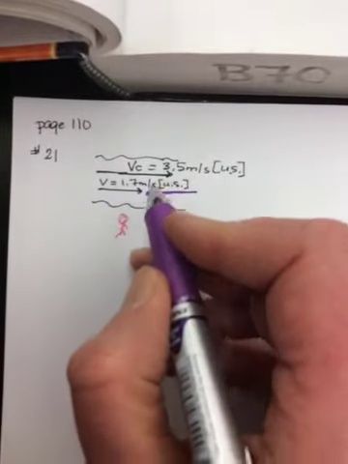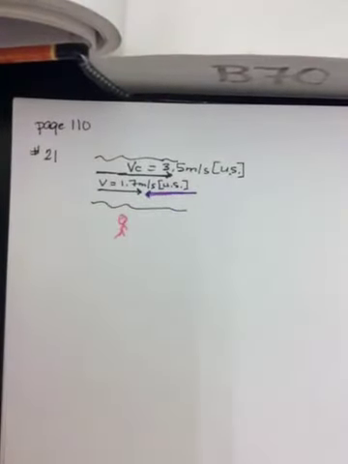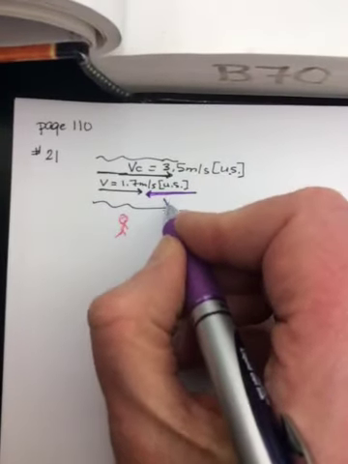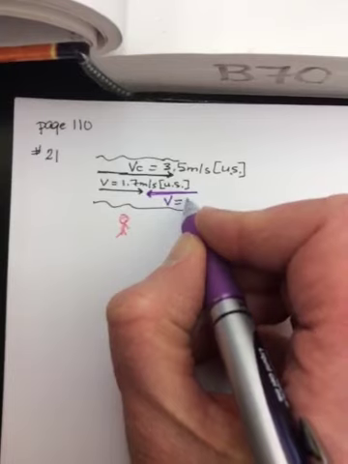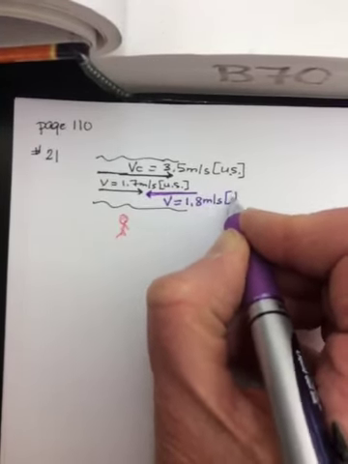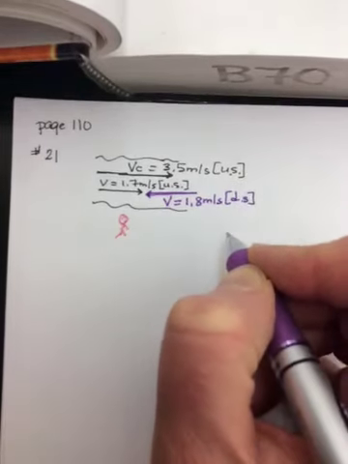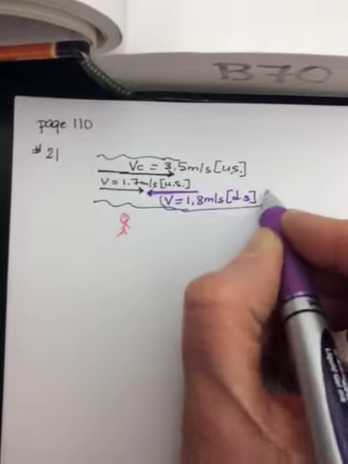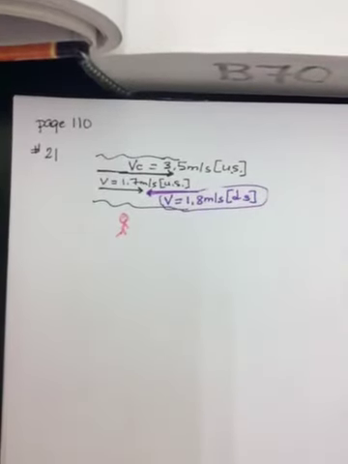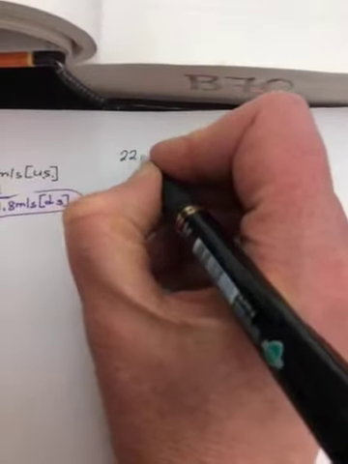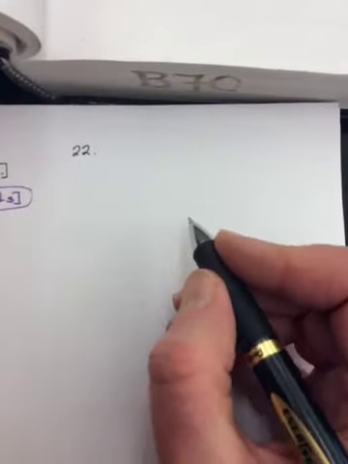So what must the water be doing in order for his final velocity to be 1.7? Well, it has to be the difference. It must be 1.8 meters per second, and it's going to be downstream. So that's all you need to do for that one, because they're going opposite directions. You can just subtract. Number 22 is a little bit different, because this time